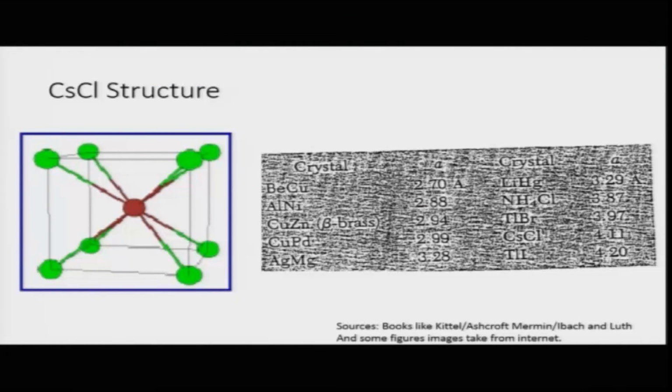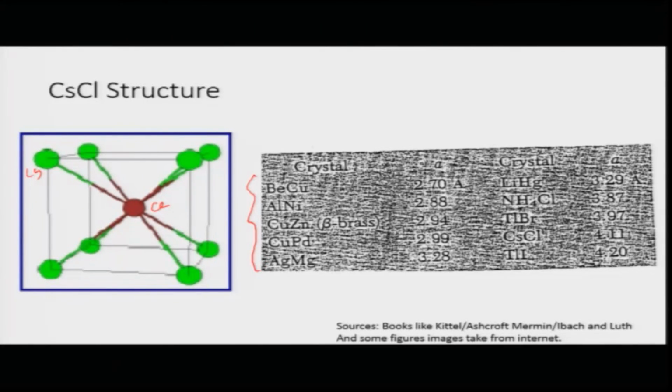The cesium chloride structure is another type of structure where you have atoms sitting on the corners of a cube. It is very much like a body centered structure, but you have atoms sitting on the corners of a cube and another different atom sitting at the center of the cube. So, for example, chlorine could be sitting in the center and cesium on the corners of the cube. There is 1 atom per unit cell. So, you have 1 cesium atom and 1 chlorine atom per unit cell. And again there are a variety of materials which can form this sort of cesium chloride structure.